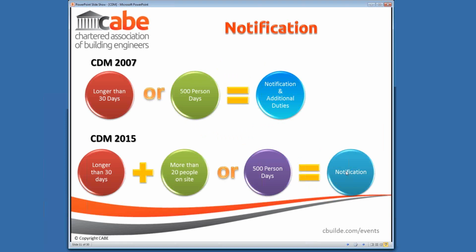Whilst that means that there's no longer a need for an F10 form to be completed and submitted to the Health and Safety Executive, and perhaps reduces some of the bureaucracy, it does seem a little odd with certain parts of the industry. We know that as a track record, the issue with health and safety on site is quite significant on the small and medium-sized construction projects. And it's actually these projects that may be taken out of the notification arena by this proposal, which actually means that the Health and Safety Executive won't be aware of these projects in advance and really will only be dealing with them when something goes wrong.